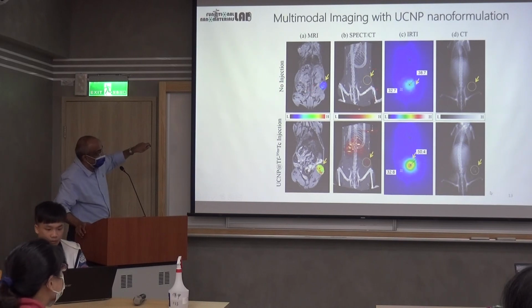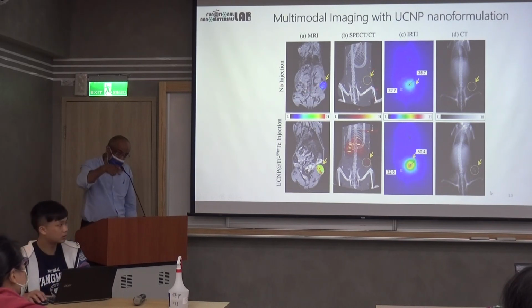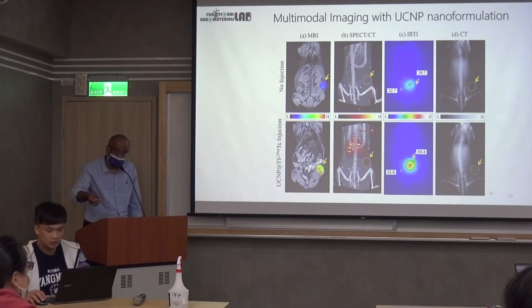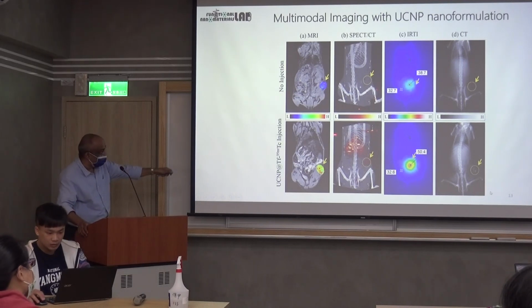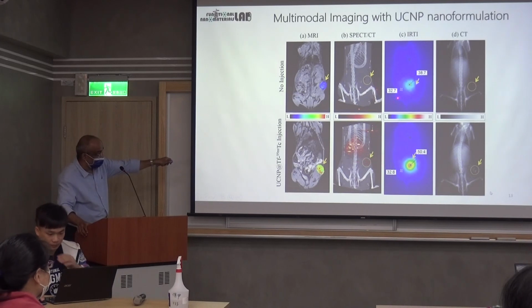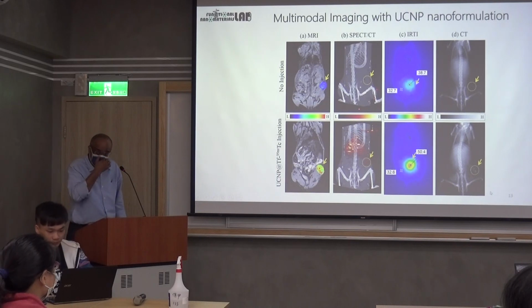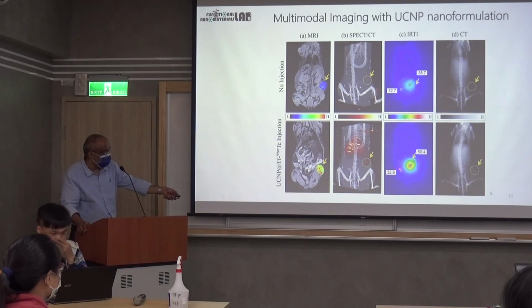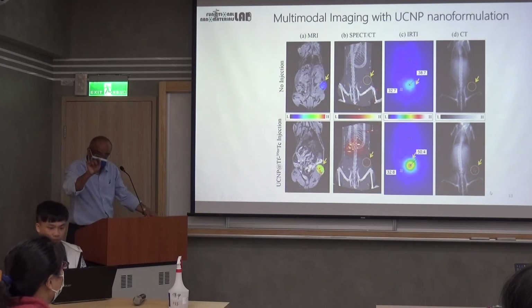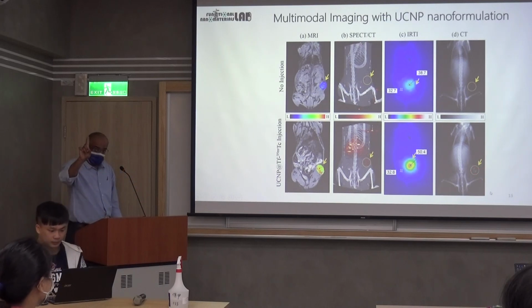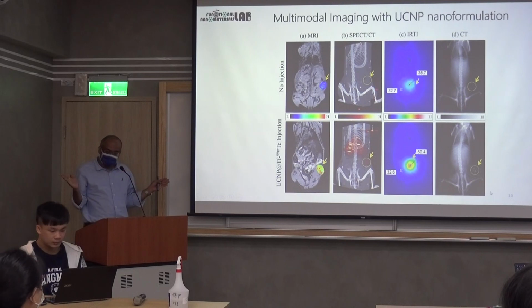This one is SPECT. So this is happening because I load the nanoparticle with some radioisotope. So that's why we can use SPECT. So you can see I can image the tumor. Here also the temperature, because I shine light, the nanoparticles become hot. And the temperature is only around the tumor. So I can image that. And this is CT. So you can see the contrast. There is some white stuff here, right? That is where the nanoparticles are. So using one nanoparticle, I can do various kinds of imaging.